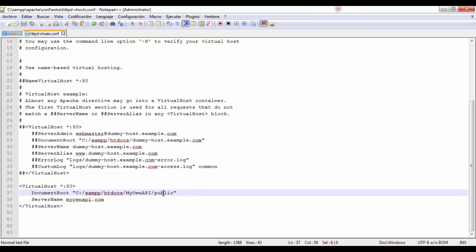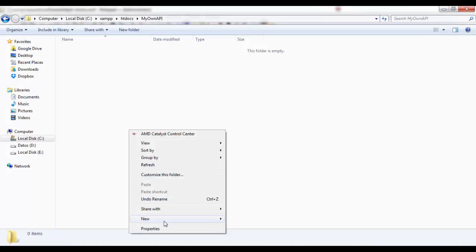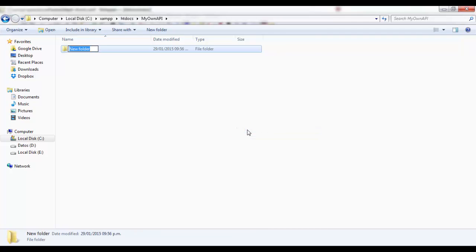So it's possible to configure it from this moment so we don't have to modify this file in the future. We're going to work with this complete address. So we're going to create a new folder here called public,